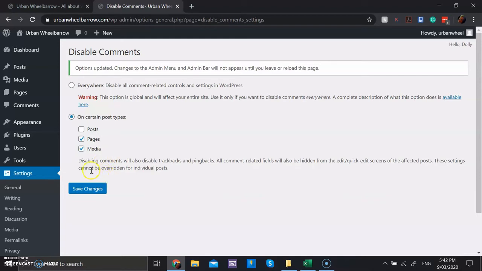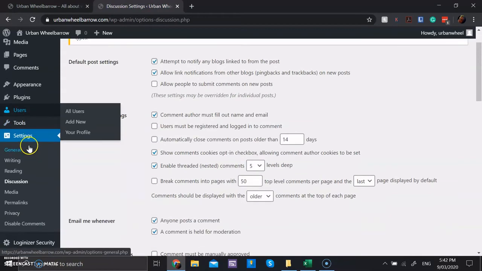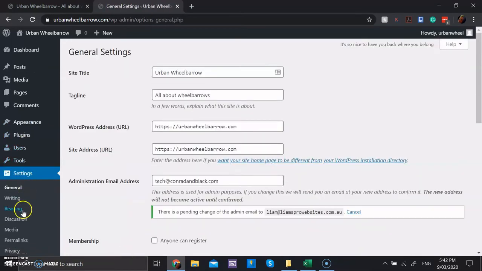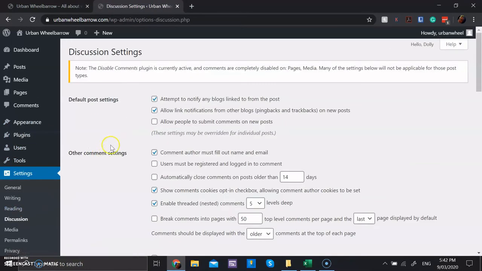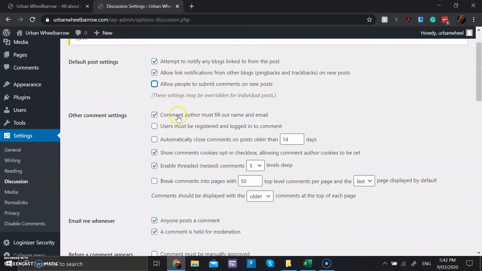The second way of doing this is scrolling down, clicking on Settings, and then going to Discussion. Now you can read through these settings and simply turn off the ones of submitting comments. So I'm going to turn off Allow people to submit comments on new posts, and then I'm also going to turn off